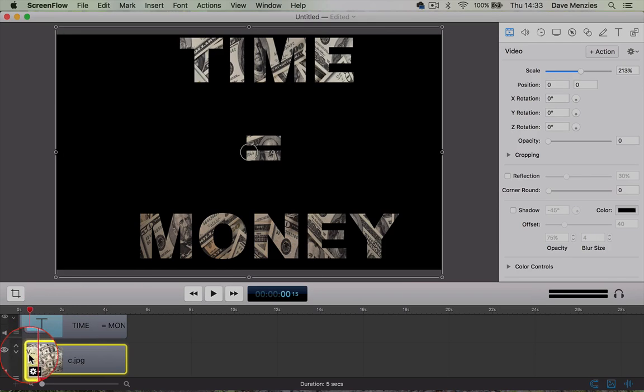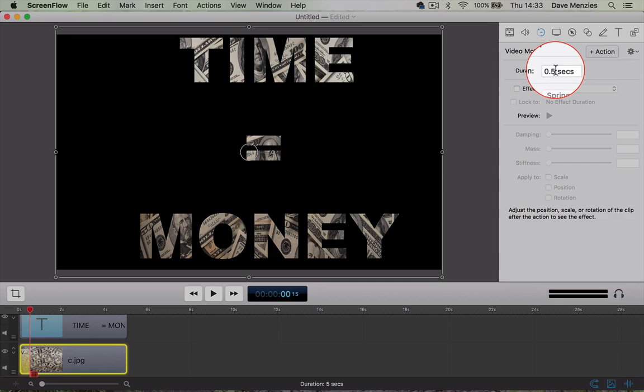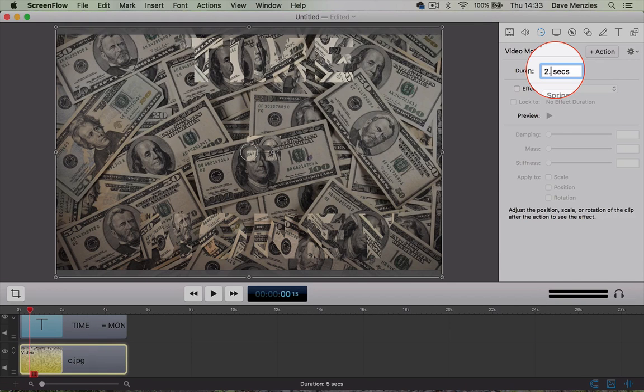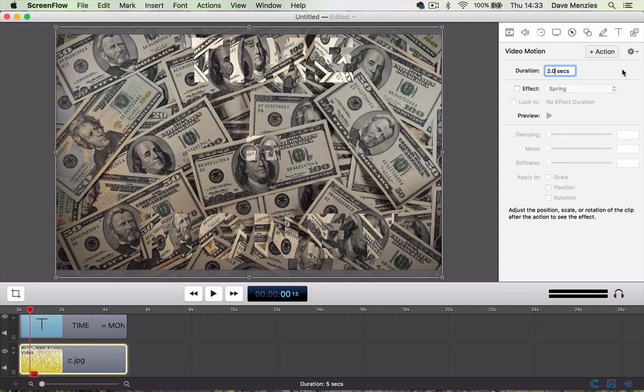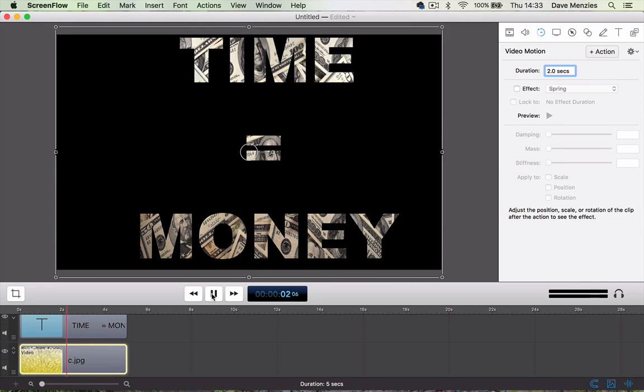Okay, now I'm going to highlight that little transition, go back to that and make that 2 seconds. So I'm just going to type in 2 seconds. Okay, and then let's just have a look at how this plays out. Go back to the beginning. Here we go. So there you go, you can see the background's just faded out through a transition, and I'm left with time